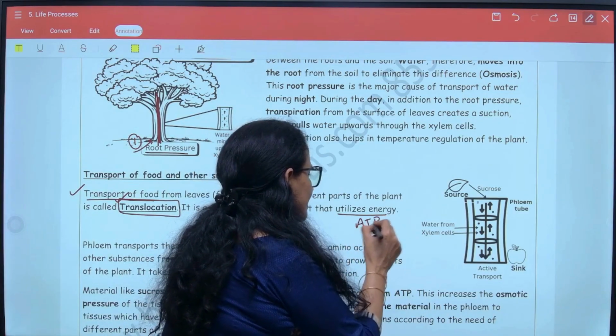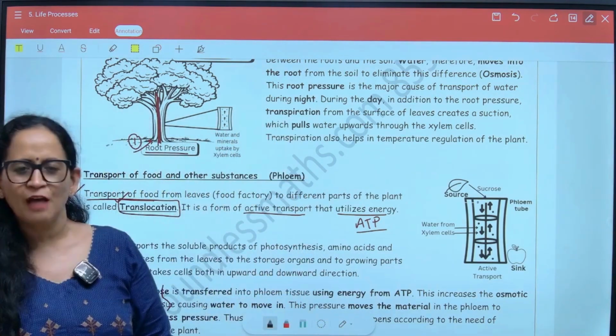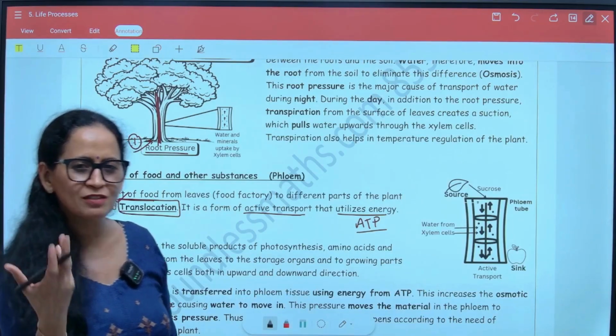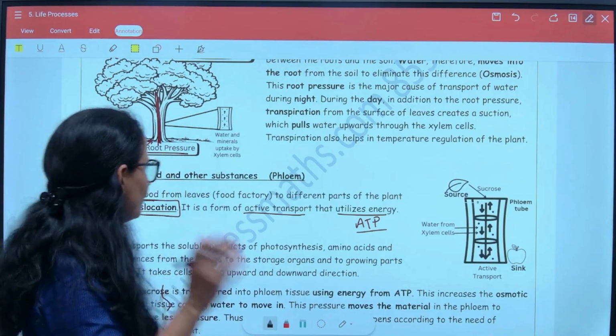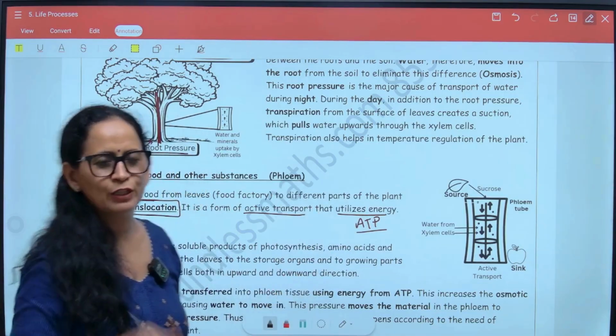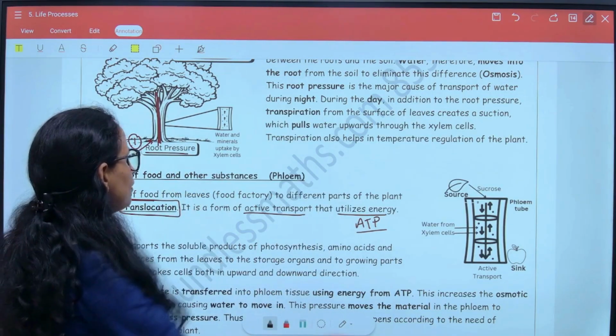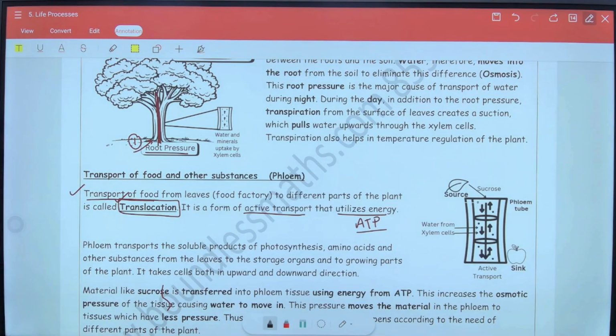So this is an active process that breaks down one ATP to release how much? You remember how much energy is released by one molecule of ATP? 30.5 kilojoules. Wonderful. So 30.5 kilojoules of energy is released by breaking down just one molecule of ATP. So this energy is utilized to initiate or to trigger the transport of food that has been prepared by the